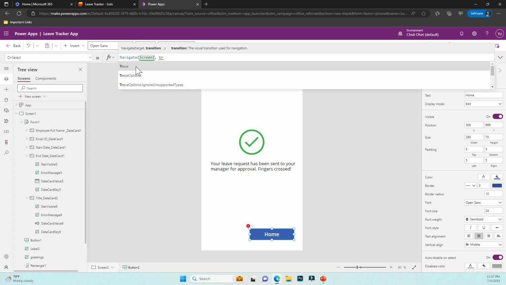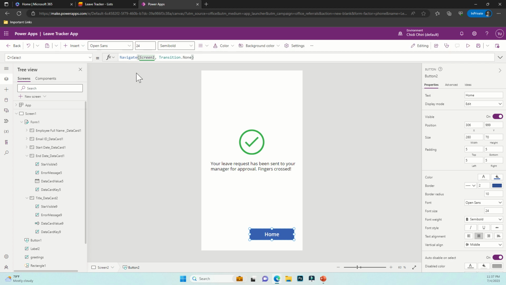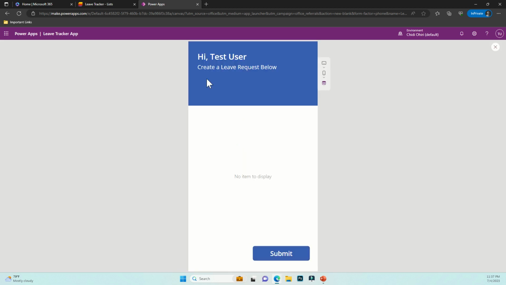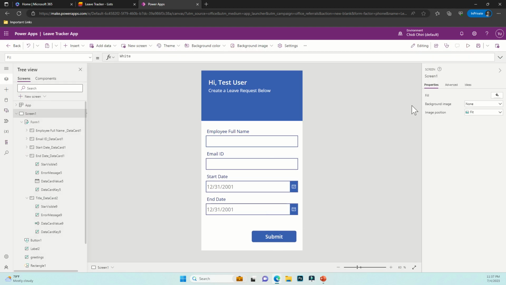We have transition or transition none. Okay, so click here, it takes us back to screen 1. So let me show you guys how that works. So click takes us to home, right? Okay, so now